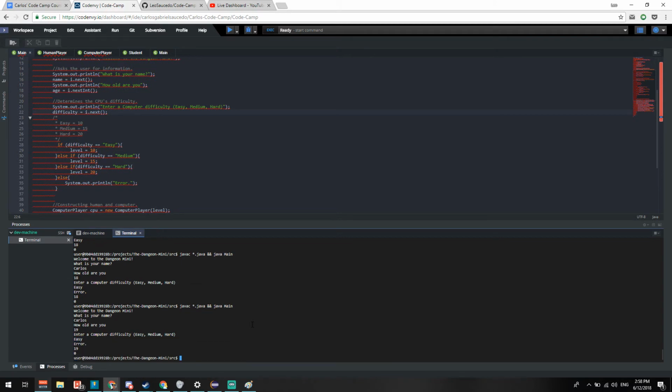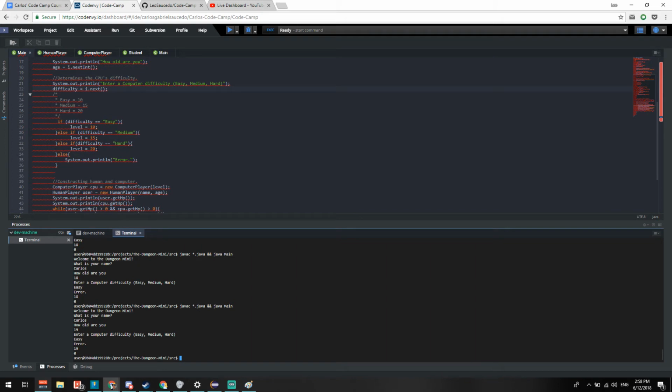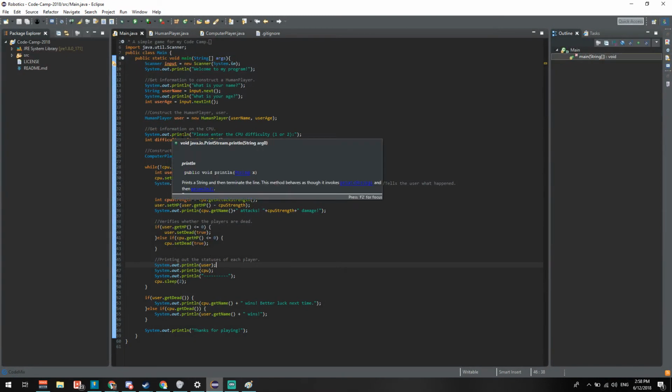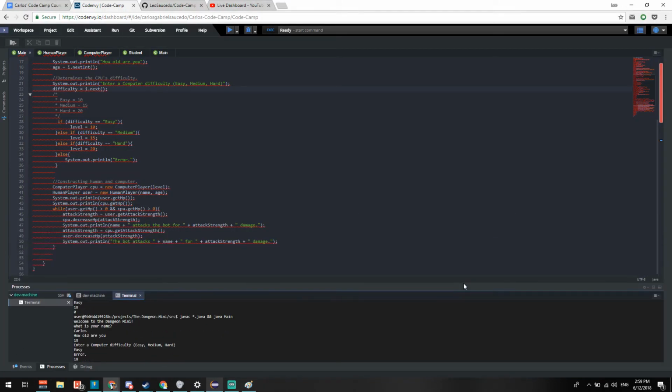Still getting an error. It's not identifying the, it's not reading those. Let's see what I did here. We did kind of stray a little bit, but that's fine. String username equals input dot next. I dot next. Yeah, we did that. And then difficulty equals input dot next int. Yeah, so we strayed a little bit too far,